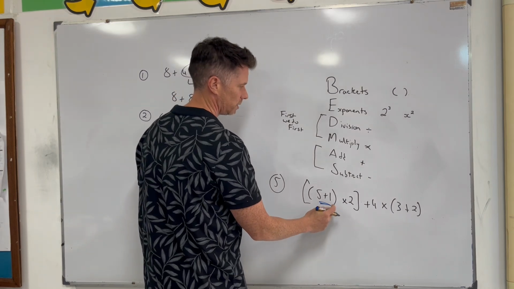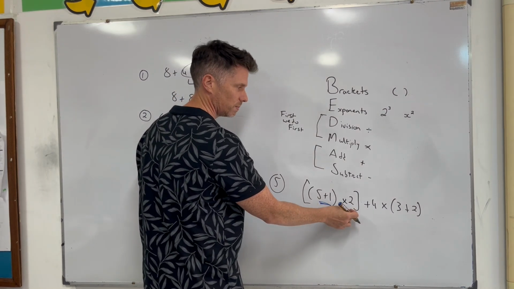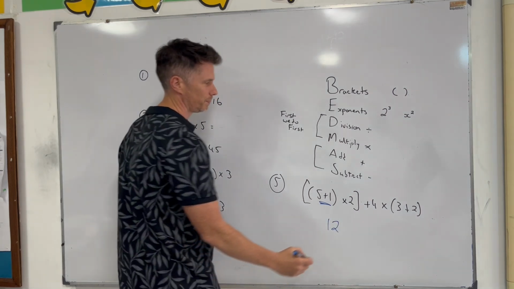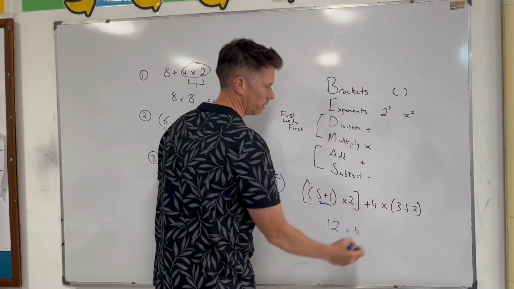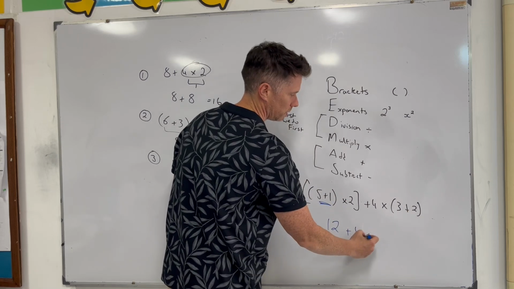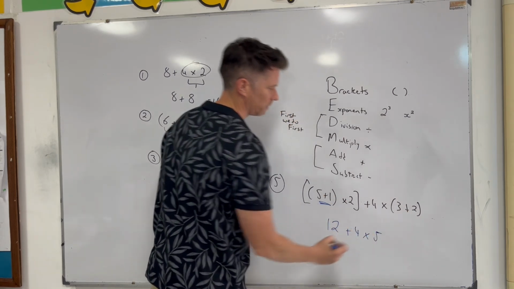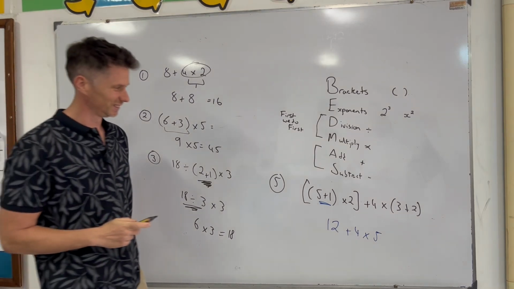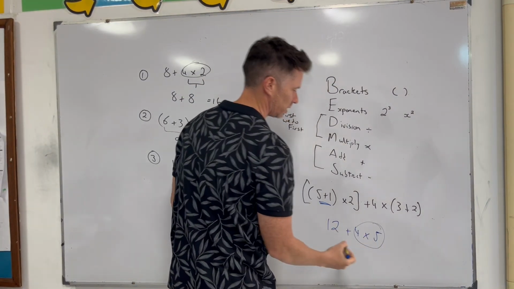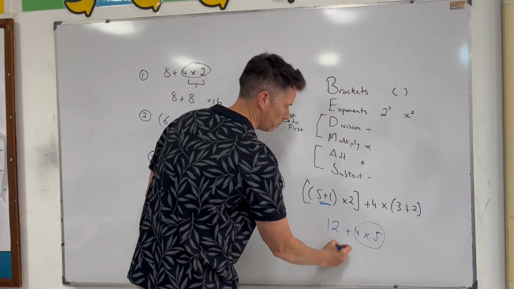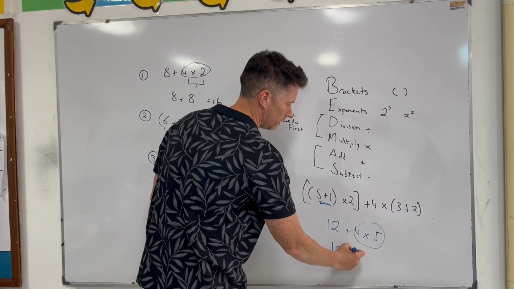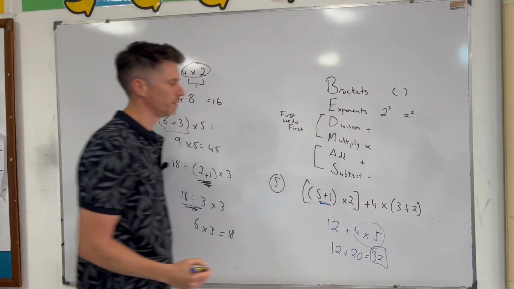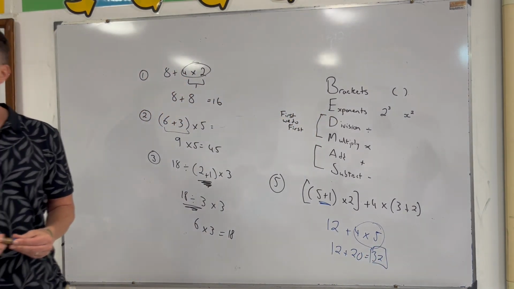This first, then this. So 6 times 2 is 12, plus 4, and then I'm going to do this as well. 3 plus 2 is 5. What do I do next? 4 times 5 next, yes. So do any multiplication before you do any addition here. So that's 20, and I get my answer, 32. So it's good for a long one like this to do